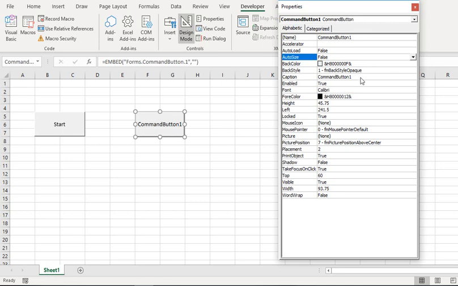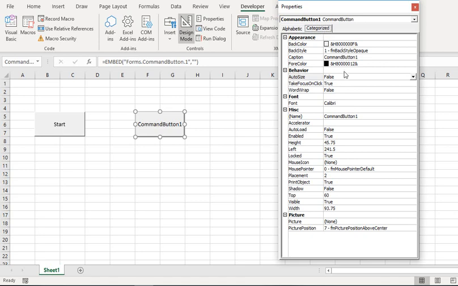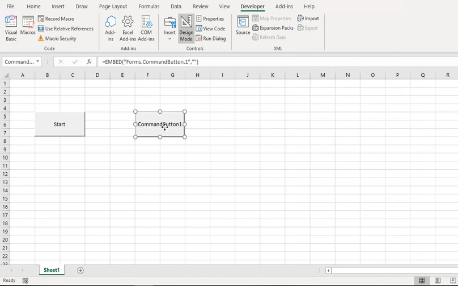You can set the back color, this is the caption, and these are the font and other settings. Placement, shadow, visibility, word wrap. And if you go to categorized, these are categorized into different things. You can also set the auto size behaviors and other things. So this was about the properties.